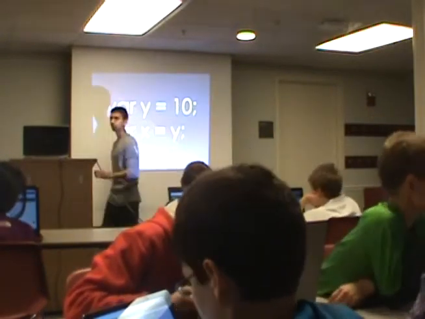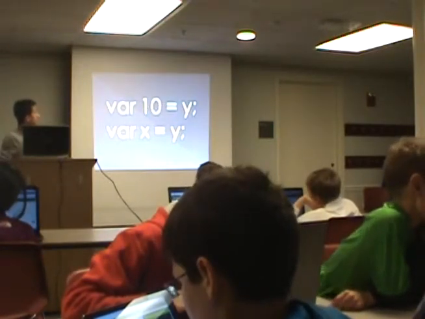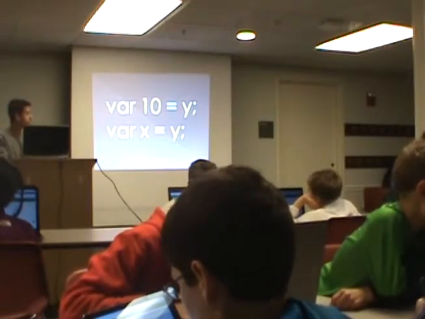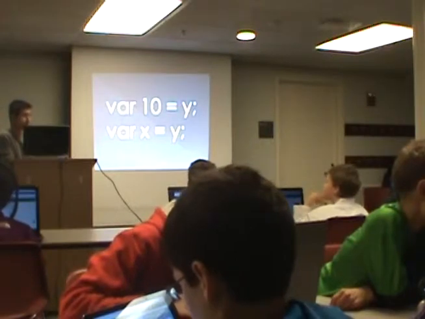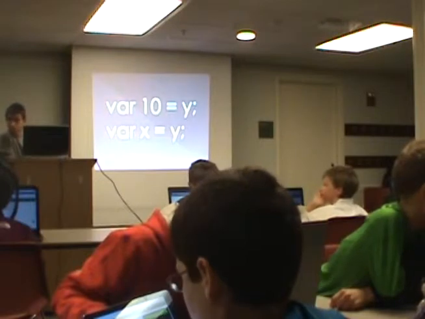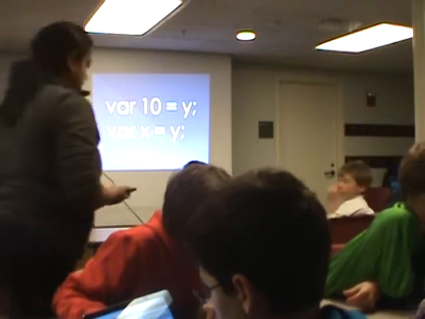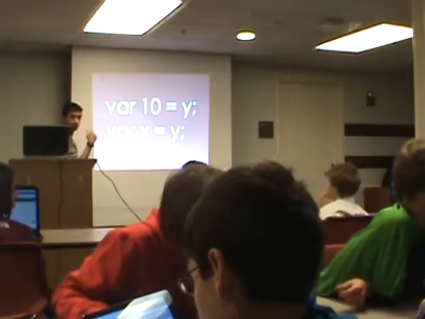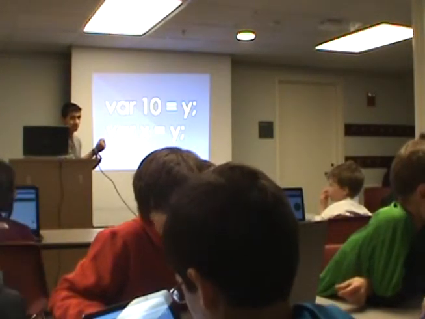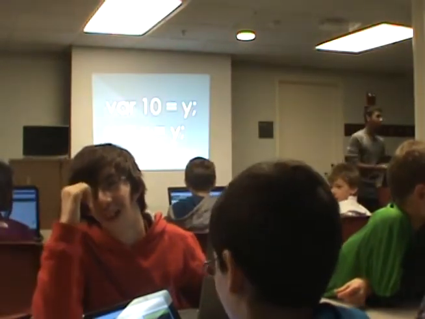Here's something that I want to ask you guys, okay? If I was to write var y is equal to 10 and var x is equal to y, okay? And instead I wrote var 10 is equal to y. Is that still completely fine? Is the computer okay with that? Yeah, but you can't determine why. Okay. Anyone else with an answer? What do you guys think? Will the computer be okay with this? Yeah? If you write 10, y will show up. No, that doesn't work. It doesn't work like that.